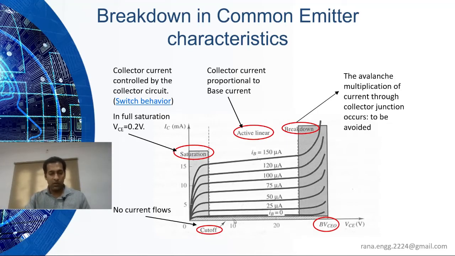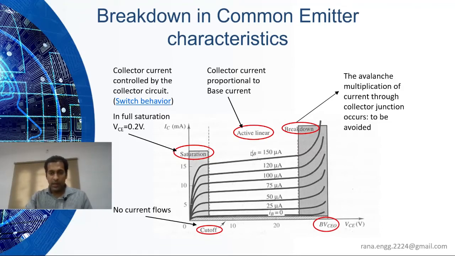Cutoff, that is the off condition. If we are using the transistor as a switch, there are two basic important applications of the transistor we have discussed. One is switch, another one is amplifier. In a switch we need digital values, zeros and ones. Cutoff means off, the zero. Saturation means the maximum value in on condition. Both the regions are on and the transistor is working. We have cutoff, saturation. The active region is the region where we can operate the transistor as an amplifier.